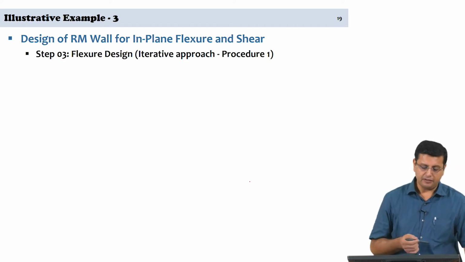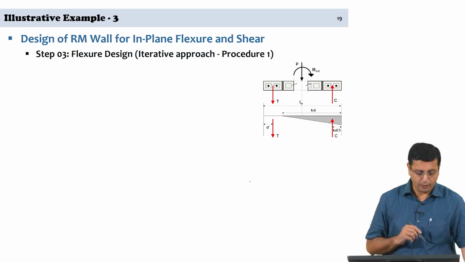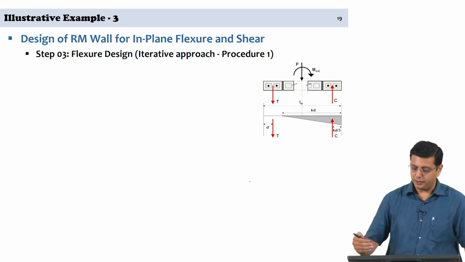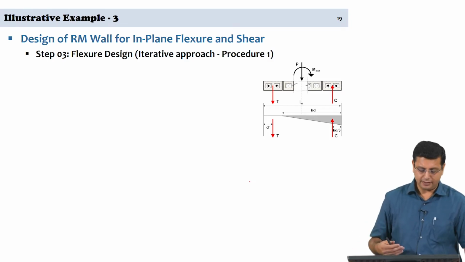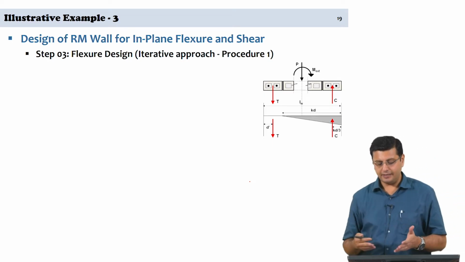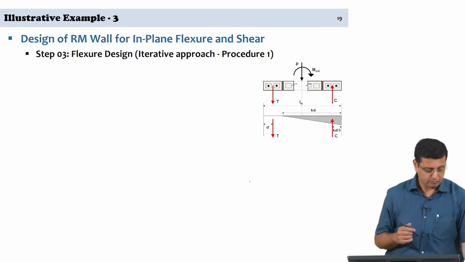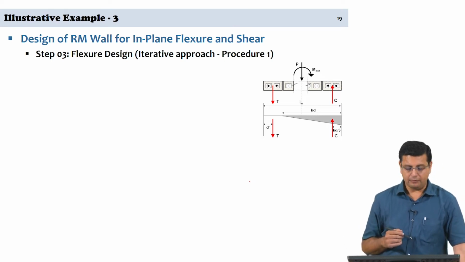Basically, the fundamental requirements are almost the same. So, we will look at procedure 1. In procedure 1, we were first making an assumption that compression controls, and then checking whether that assumption is true for the depth of neutral axis that is estimated, and then if not, making changes to the way the neutral axis depth is calculated,